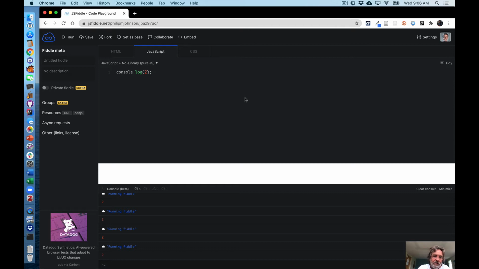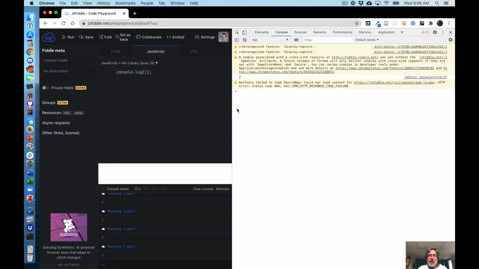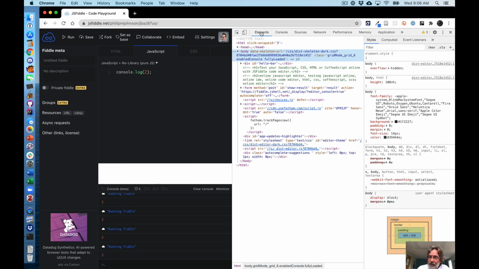And so just for fun, I'm going to show you a little hack that you can use to get rid of it. What we'd like is the output window to be exactly the same color as the rest of the screen. And we can figure out what that is by bringing up the Chrome DevTools window, clicking on Elements, and looking at the body tag. And what we can see here is the background color is this hex value. So I'm going to copy it,